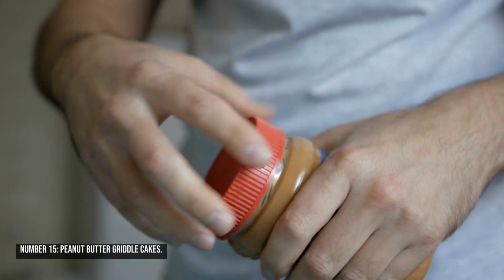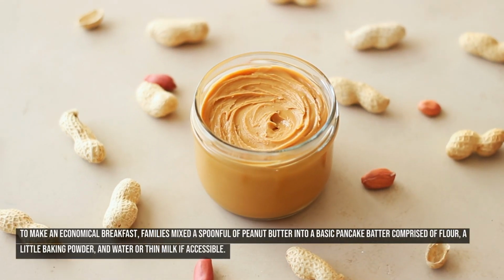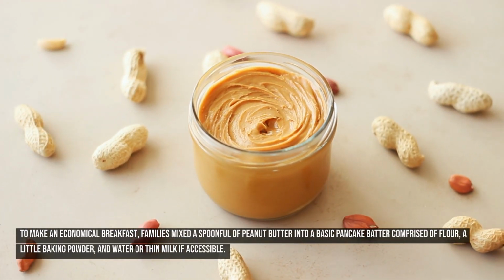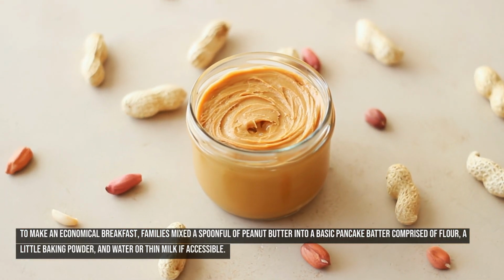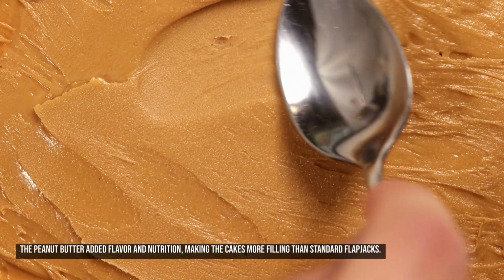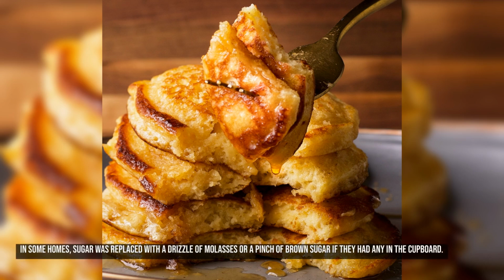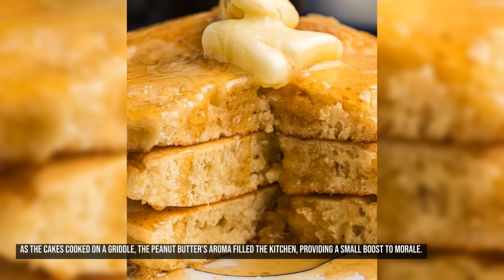Number 15, peanut butter griddle cakes. During the Great Depression, peanut butter became a crucial protein source when meat was scarce or expensive. To make an economical breakfast, families mixed a spoonful of peanut butter into a basic pancake batter comprised of flour, a little baking powder, and water or thin milk if accessible. The peanut butter added flavor and nutrition, making the cakes more filling than standard flapjacks. In some homes, sugar was replaced with a drizzle of molasses or a pinch of brown sugar if they had any in the cupboard. As the cakes cooked on a griddle, the peanut butter's aroma filled the kitchen, providing a